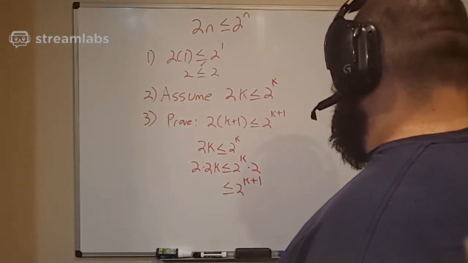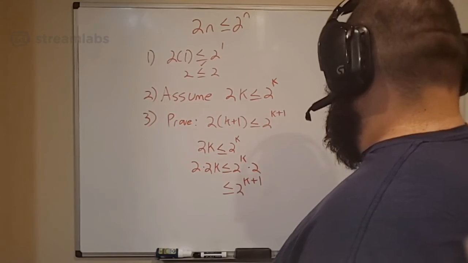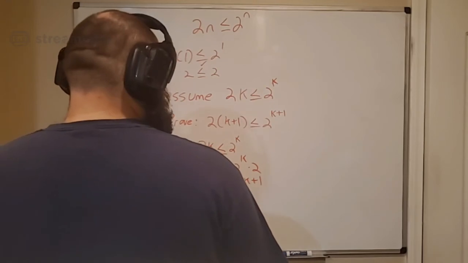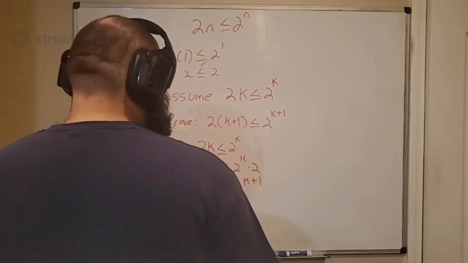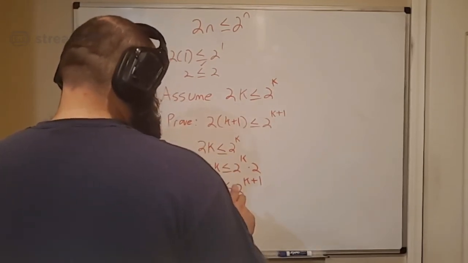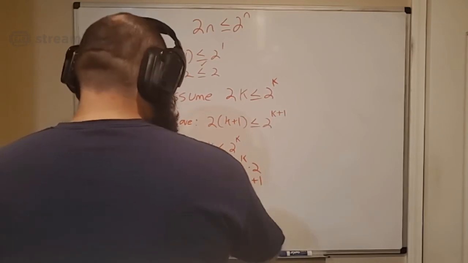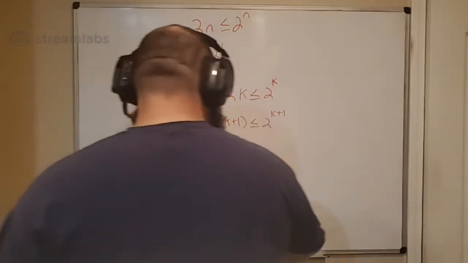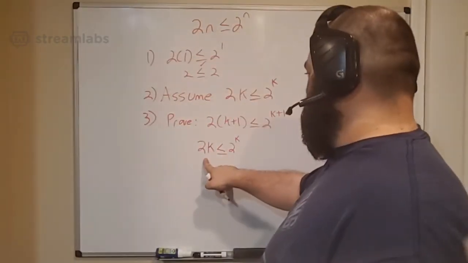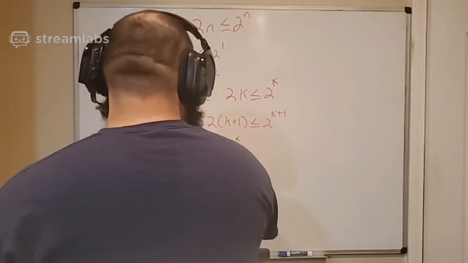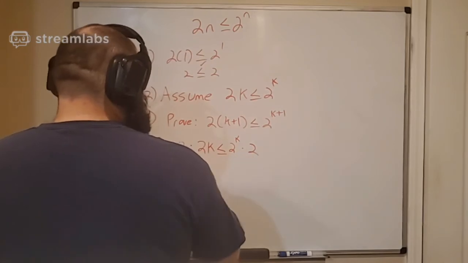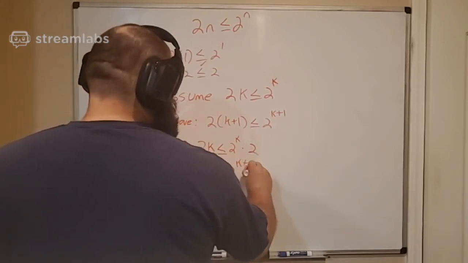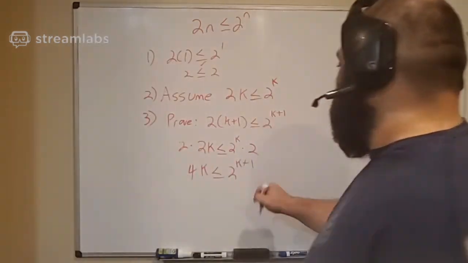Does it like show the work in the book? It does. I just don't like their methods. I'm trying to figure out a different one. So basically what they end up doing is they multiply both sides by 2, and they get that this is 4k is less than 2k plus 1. But then they make the statement that 4k is less than, I don't know if it's or equal to,